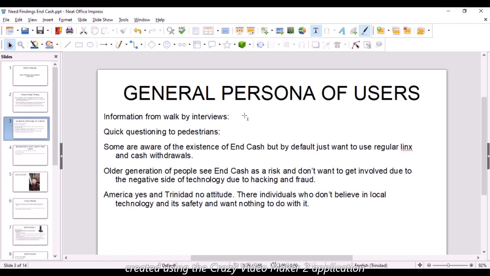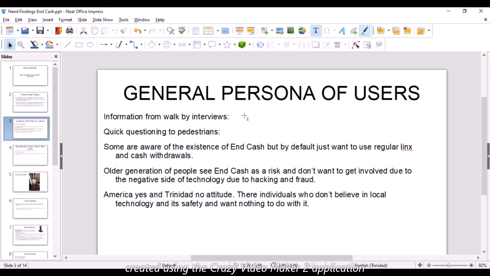So the general persona of users. So this is just interviews of passersby. So here's the information from walk-by interviews, questioning the people in Princeton, right where I live,